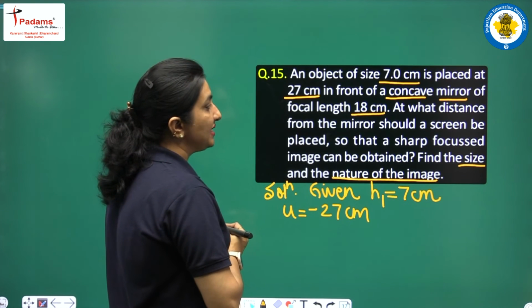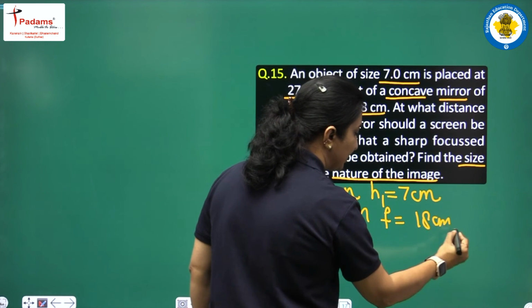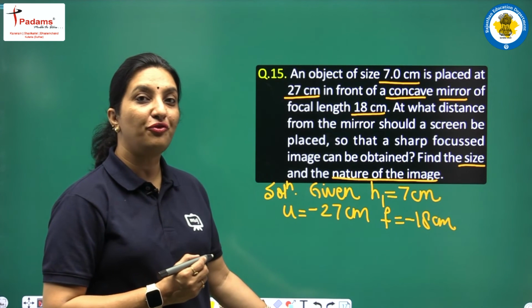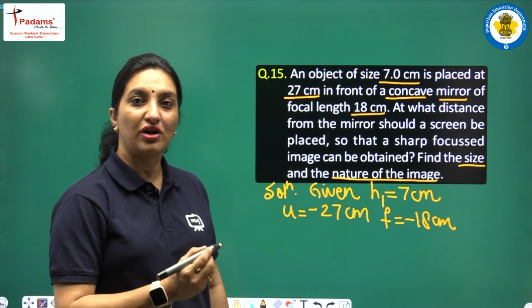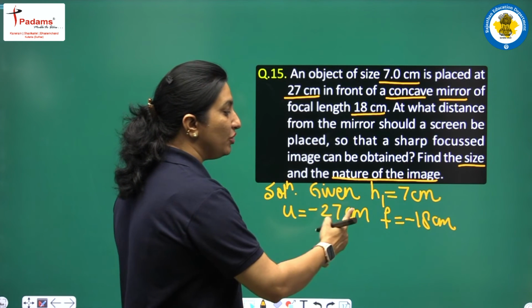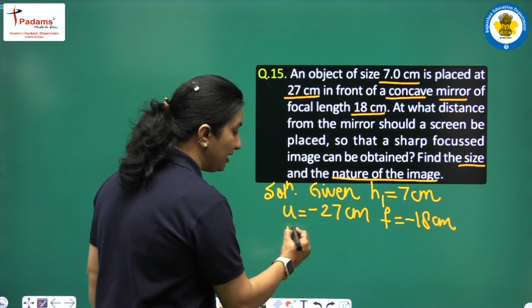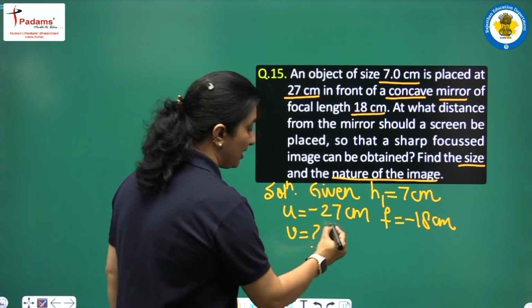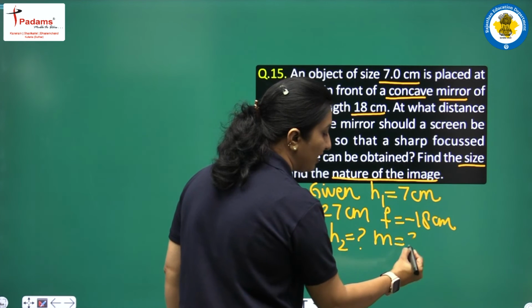And the focal length is given as 18 centimeters. So f is given as 18 centimeters. Now here again students, the focal length is 18 centimeters, so we have to take it as a negative value. Why? Because in case of concave mirrors, the principal focus is in front of the mirror. So the value of f will also be taken as negative. Now we need to calculate the value of v, where the screen has to be placed, and we need to calculate the size. So h2 has to be calculated, and the nature of the image,